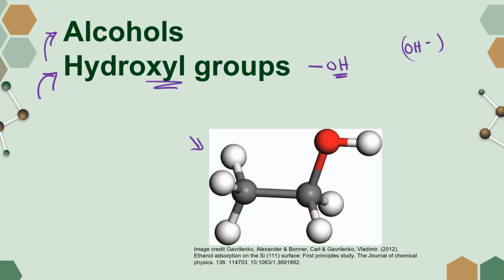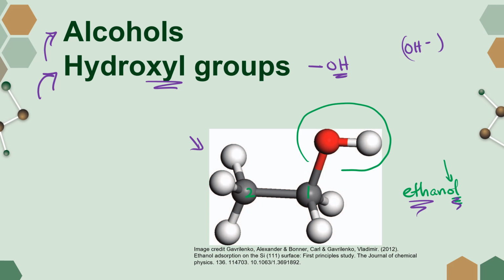So this is an alcohol. How do we name it? Well, always we're going to count our carbons. We have 1, we have 2. Our 2 carbon prefix is eth. When we add the hydroxyl group, we're going to change the name from ethane to ethanol. So our alcohols are going to end in this suffix -ol. Ethanol has 2 carbons, hence the eth. -ol tells us that there's a hydroxyl group on this molecule,